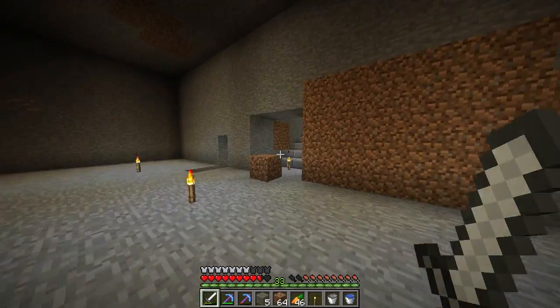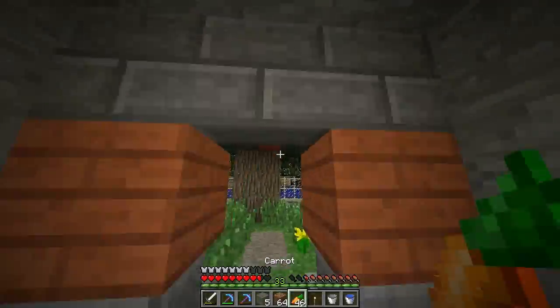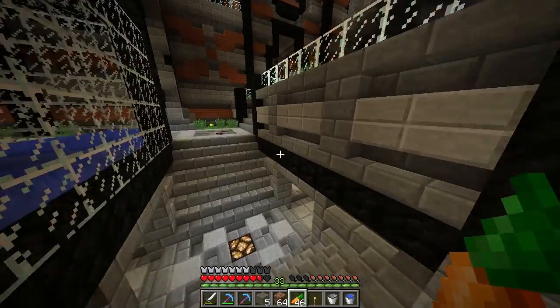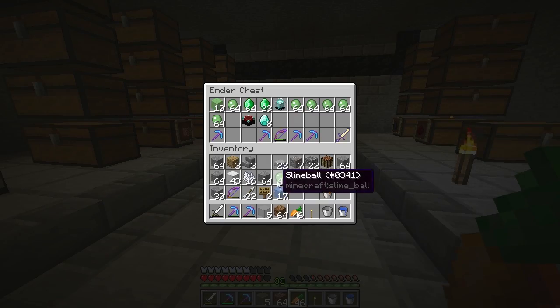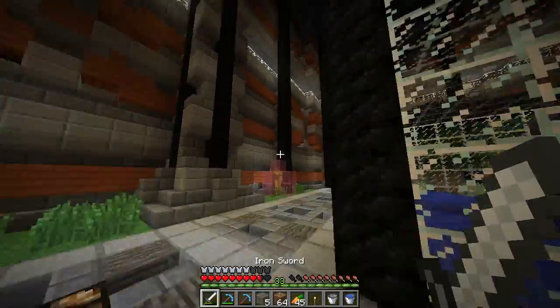But things changed since then, because now slimes have a more common use. The slime blocks. And I'll come up with a use for them sooner or later. I don't have to keep them in my ender chest anymore. Why did I do that? Anyways,